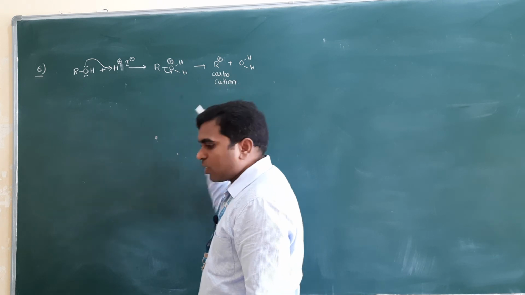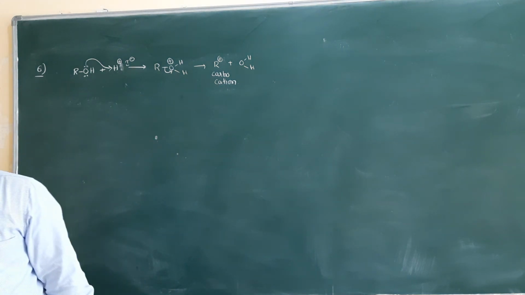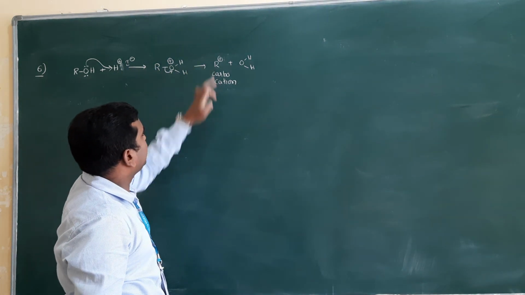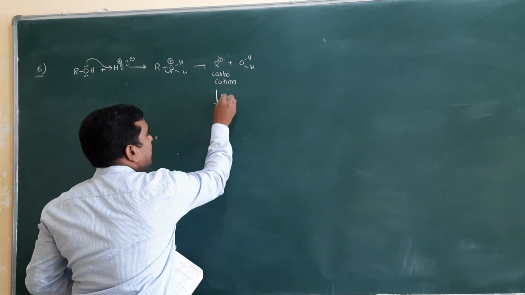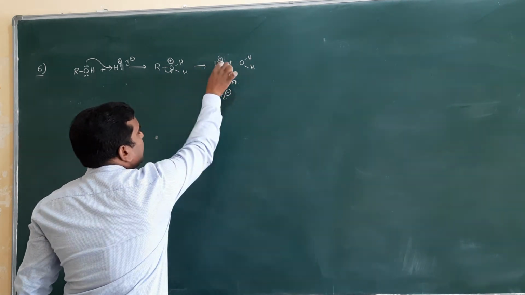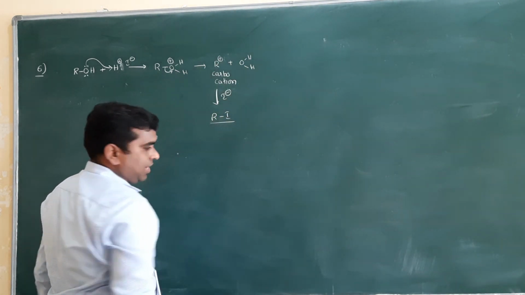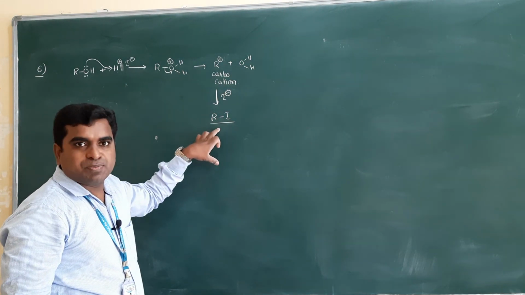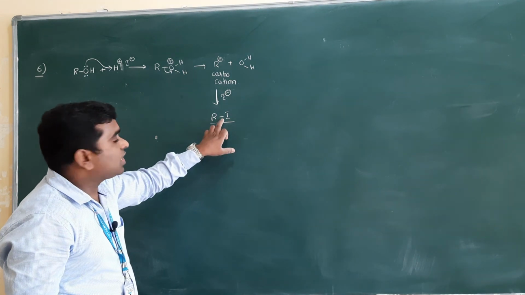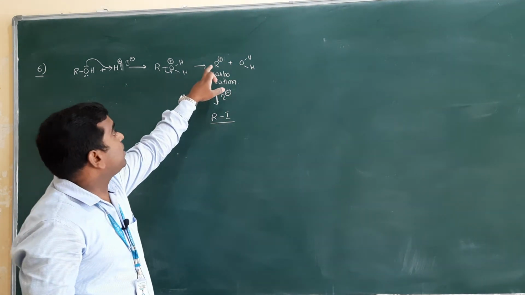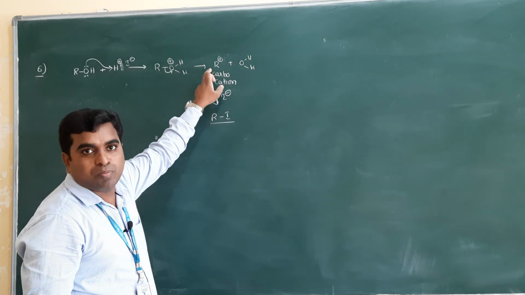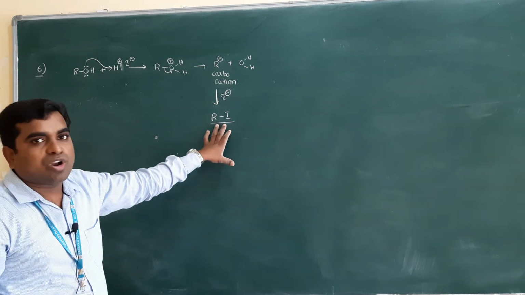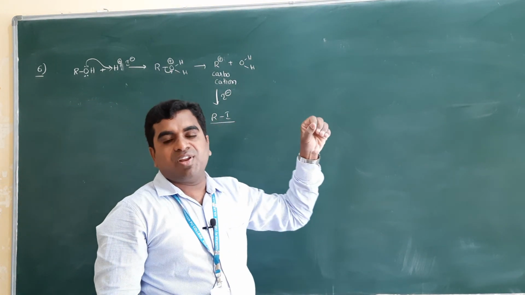In the alcohol reaction with HI, first the carbocation forms. Then I minus reacts with the carbocation, negative and positive form a bond, giving RI. That is the reaction actually. So how fast the reaction takes place, how fast the alcohol is converted into alkyl iodide, depends upon the stability of the carbocation. If the carbocation is more stable, then the formation of RI is faster.